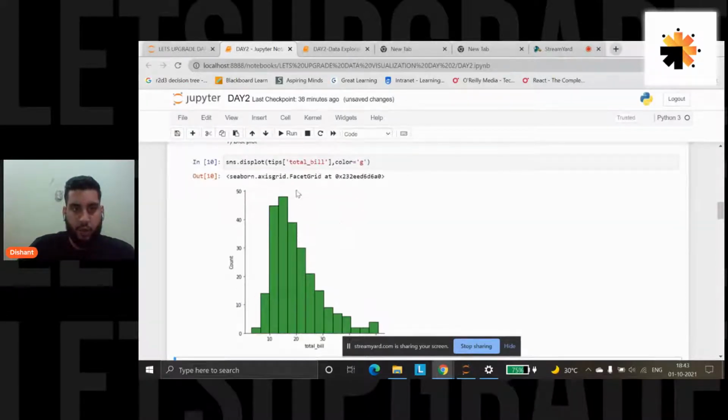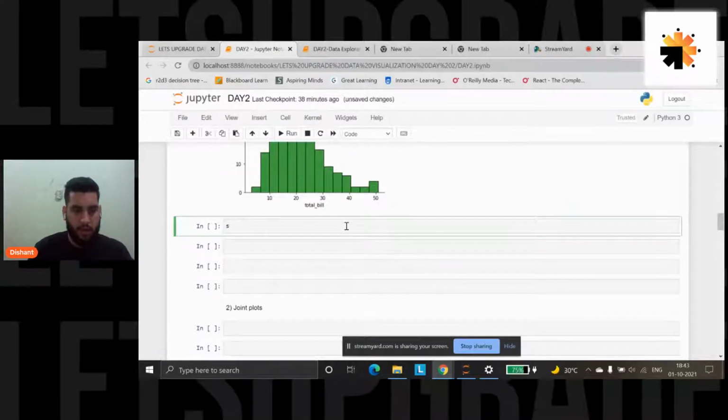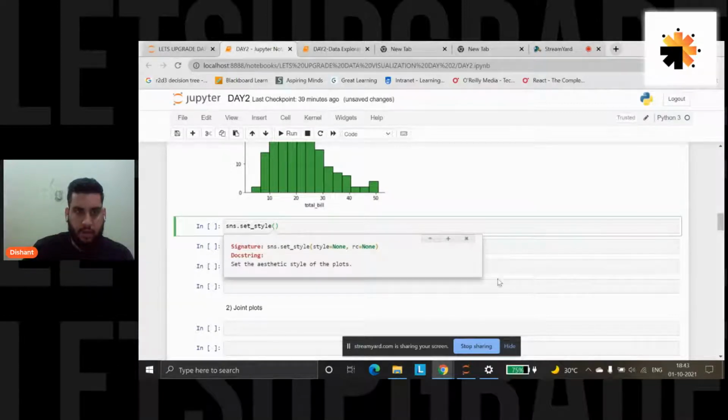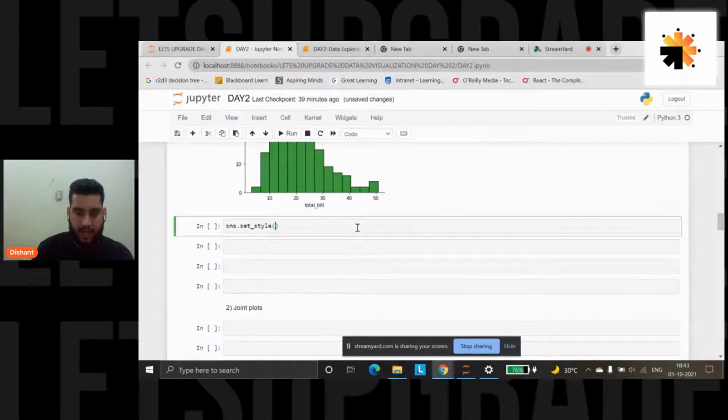And similarly, if you want to change the background of it, so let's go for the background, and we will use Seaborn for this only. There is something known as set style. Now let's read about the definition given here. So this affects things like color of the axis, whether a grid is enabled by default, and other aesthetic elements. So let us pass a very famous style inside it, which is